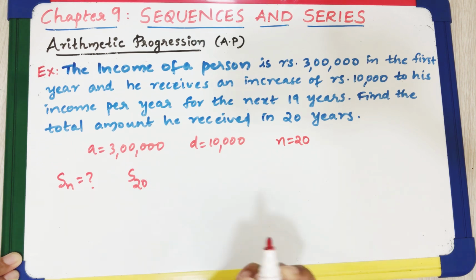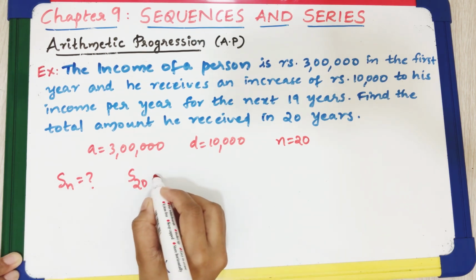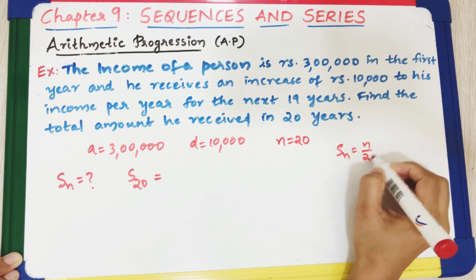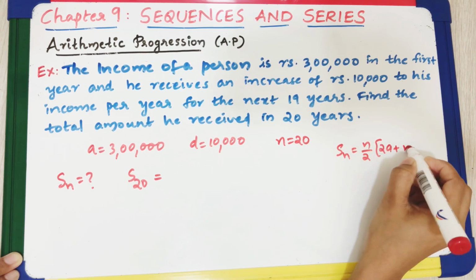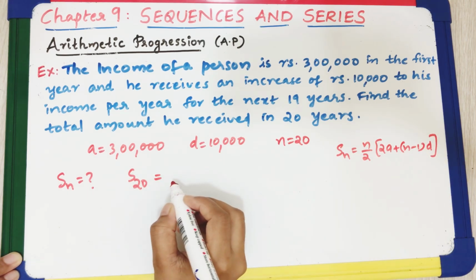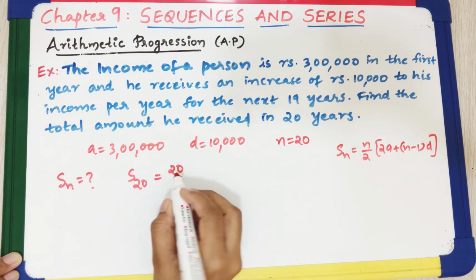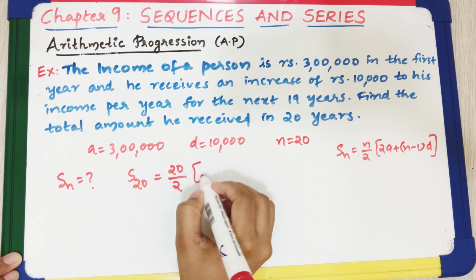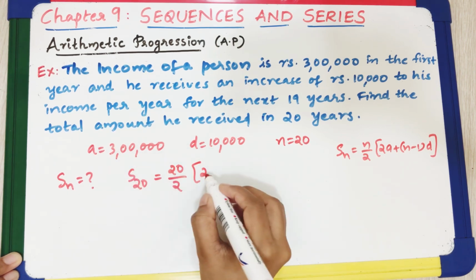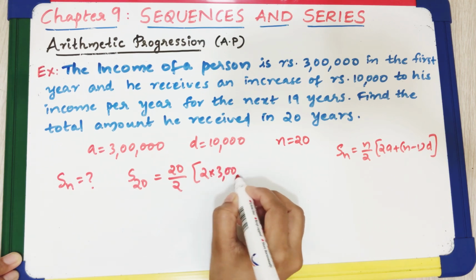We know the formula: Sn is equal to n by 2 into 2a plus n minus 1 into d. Therefore, S20 is equal to, put n equal to 20, 20 by 2 into 2a plus n minus 1 into d. Instead of a, 3 lakh, 2 into 3 lakh